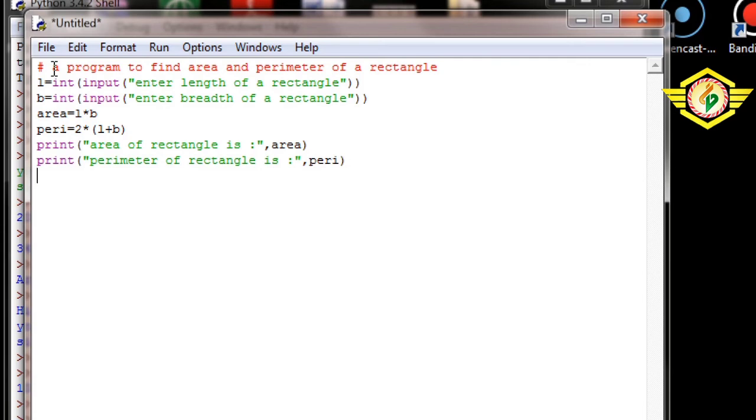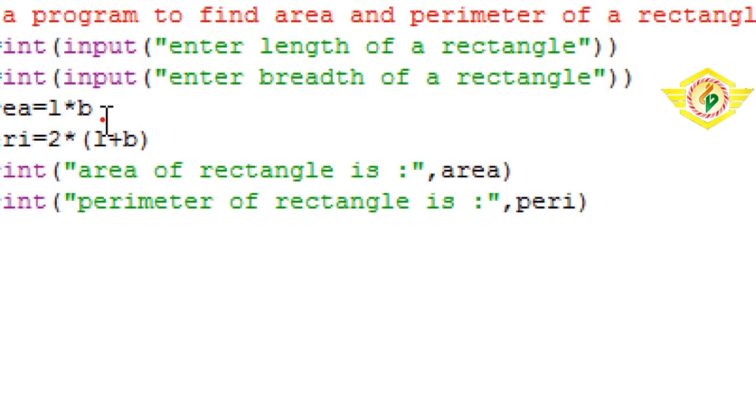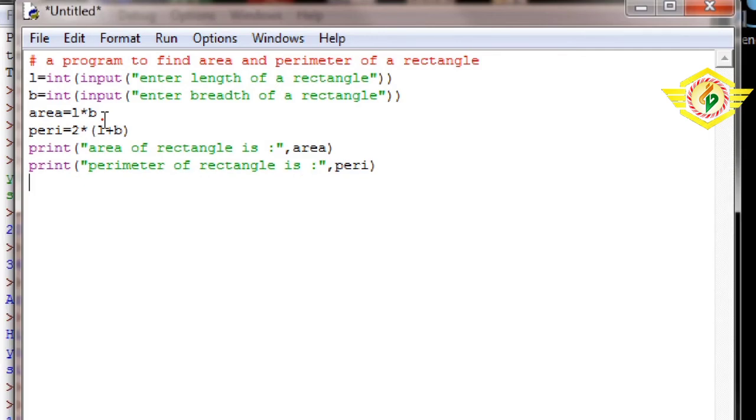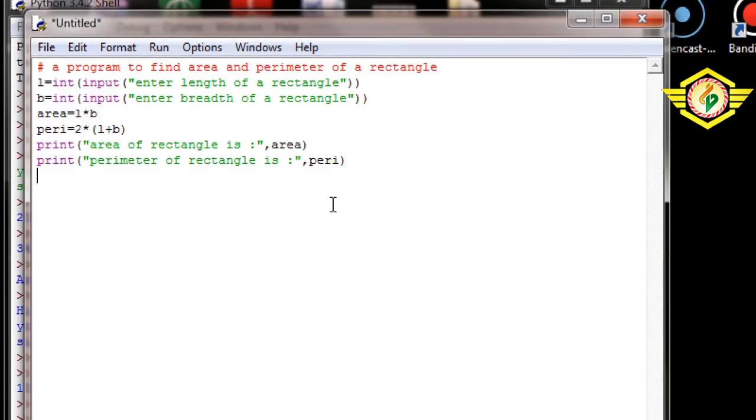So now we'll execute it. Before execution, first you need to save it. Either go to the file menu and click on save, or go to the run menu. Otherwise we can do one more thing, just press F5. F5 is the shortcut key to run the program. This int and input is a very important thing you must remember, because we are entering an integer value, that's why I am writing int. If you want to input a floating value, instead of int you can write float.